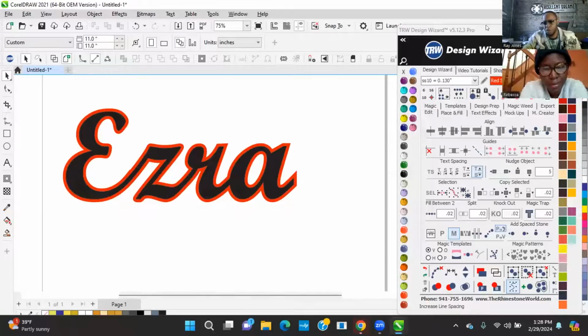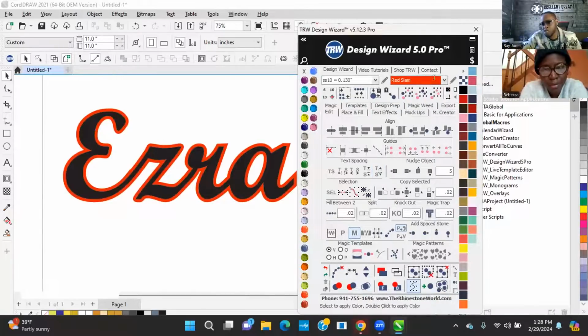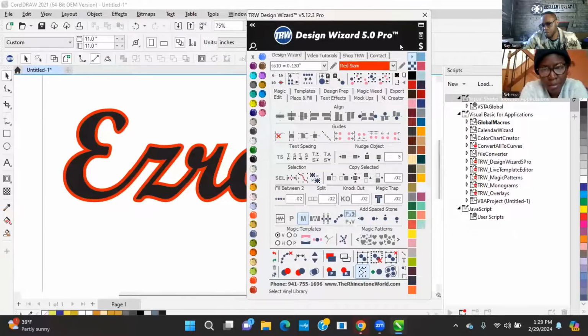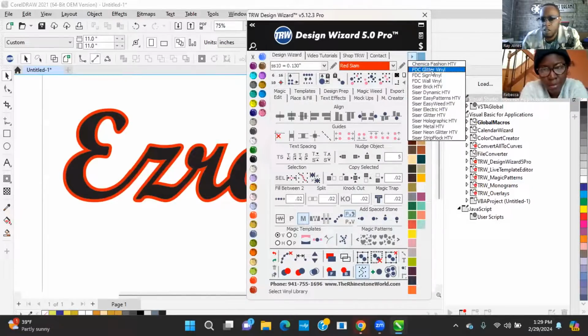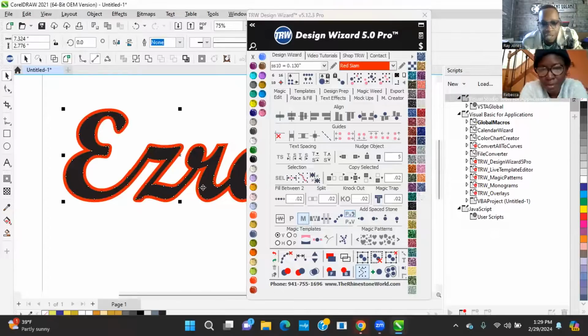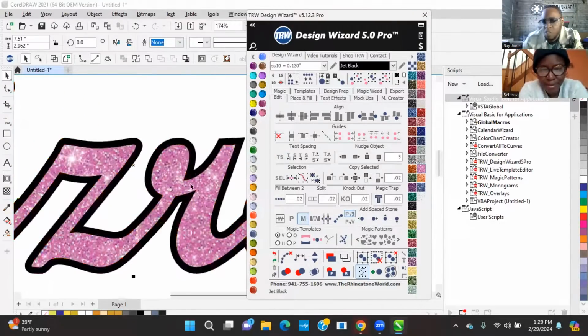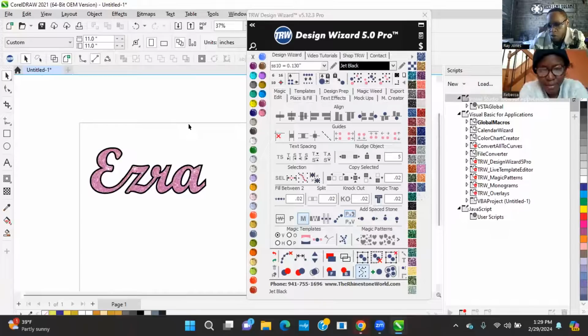We can also use any type of vinyl, so it doesn't have to be just regular vinyl. We can jump into our design wizard and select the vinyl here, and then we get more options for all of the vinyl that there is. So if you want to show your customer, oh yeah, I think it'll look good with pink glitter on the inside, you just click on the black and change it to pink glitter, and then change the red to black. And then you can show them that, okay, that's what it will look like on a white shirt. So I wanted to show you those options because a lot of people